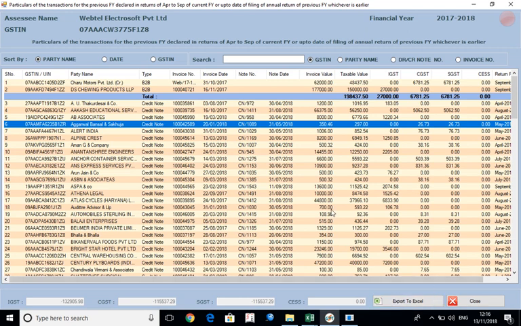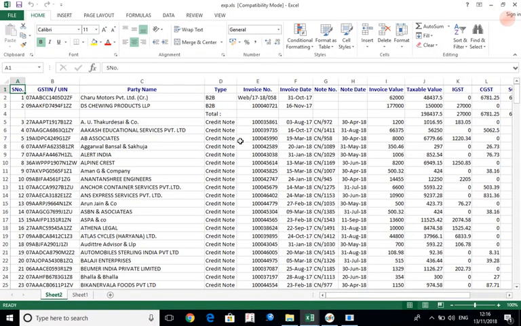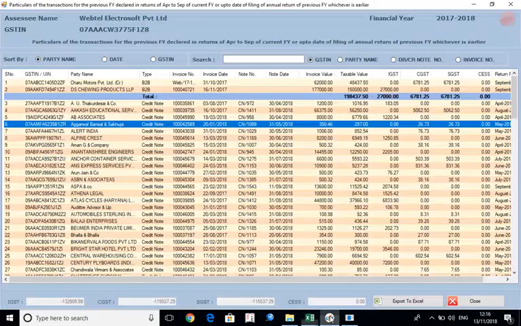And also, if you want to do some further analysis with this facility of export to Excel, we can export the data to Excel, and this is how the data will look like. And we can do further analysis, use VLOOKUP and other functions for further analysis. Coming back,